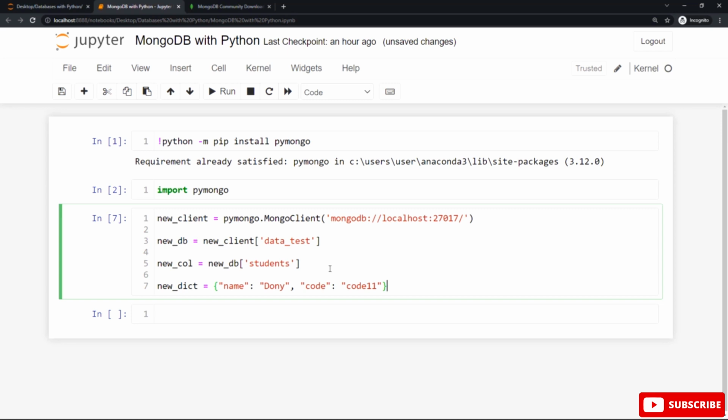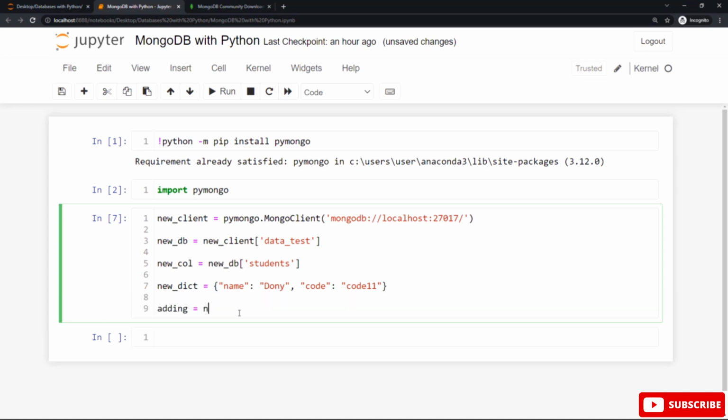This method is used to insert a document into the students collection here. And the first parameter of the insert one method is a dictionary containing the names and the values of each field, or the keys and the values of each field, in the document you want to insert. Let me show you that.